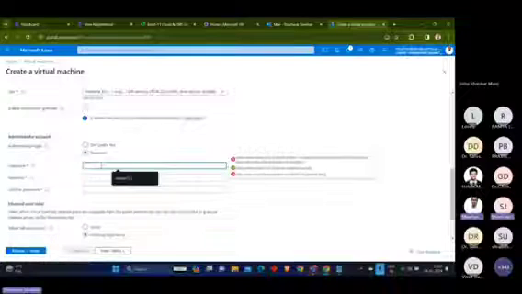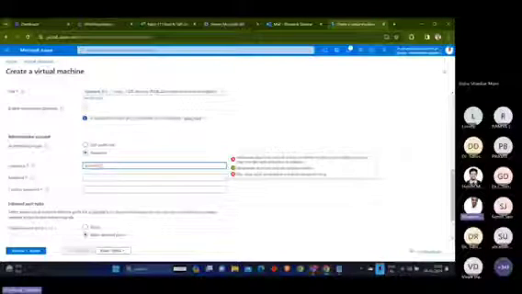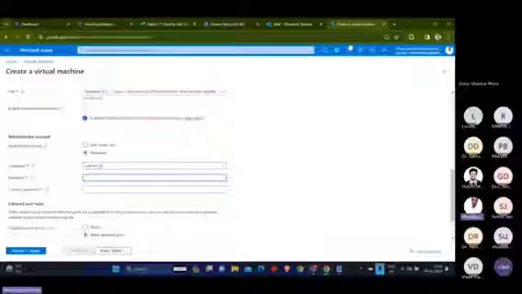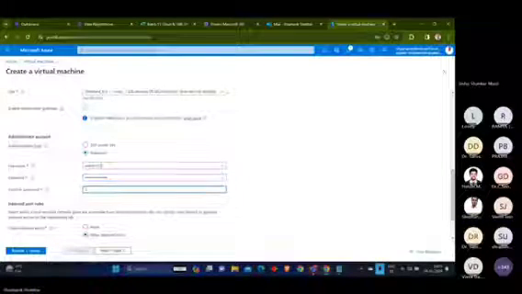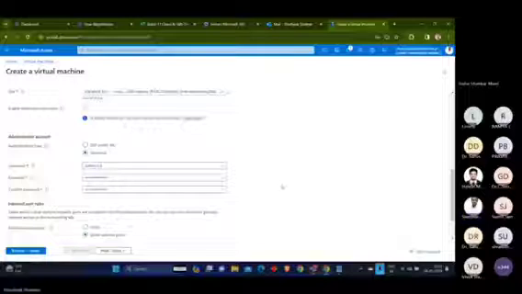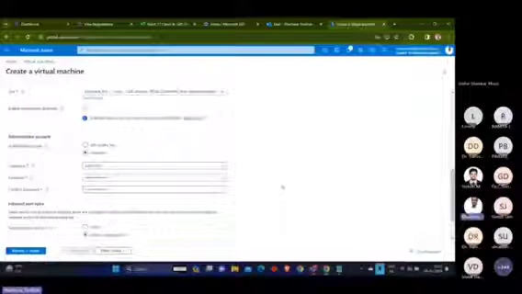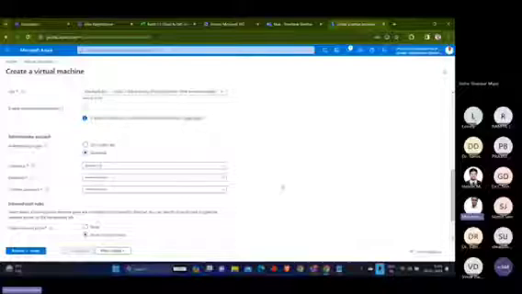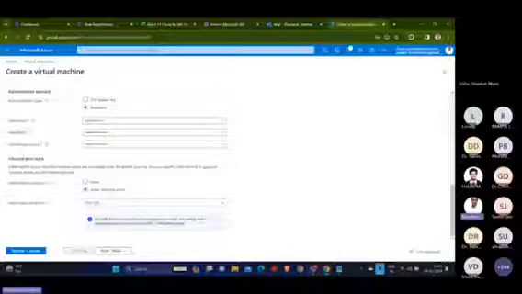You can give any username of your choice, any password of your choice. Please do the practical along with me. Do not move forward. Right, once this is done, username is done, password is done, confirm password is done,